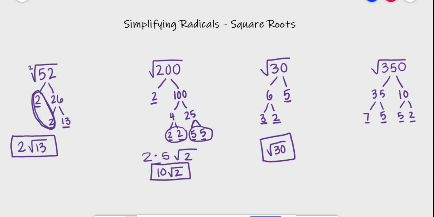So we have all prime numbers and we're looking for groups of 2. I see 2 5's, so that will pull out of the radical. The 7 does not have another 7 and the 2 does not have another 2. So they will stay in the radical and multiply with each other. So that is 5 square